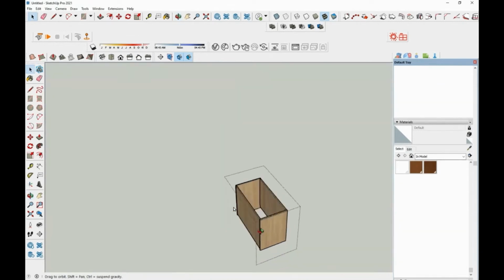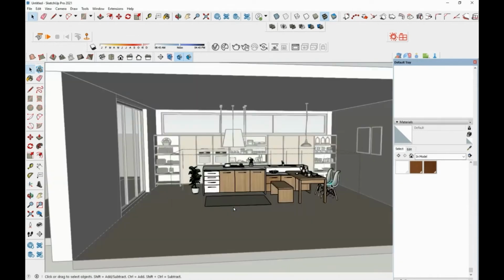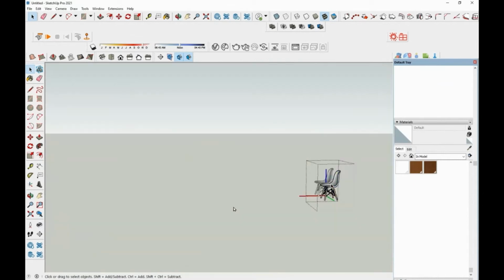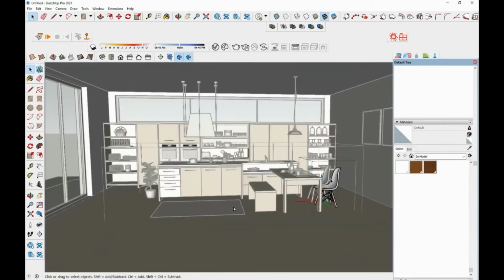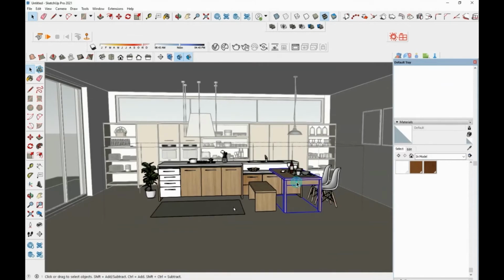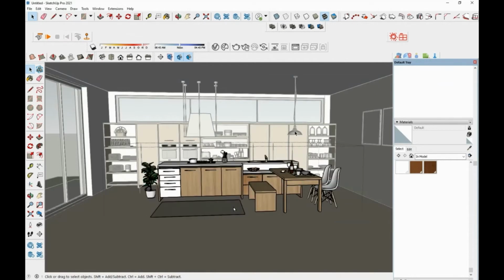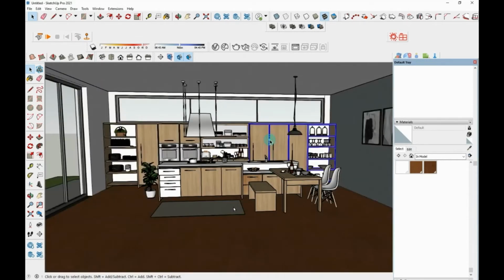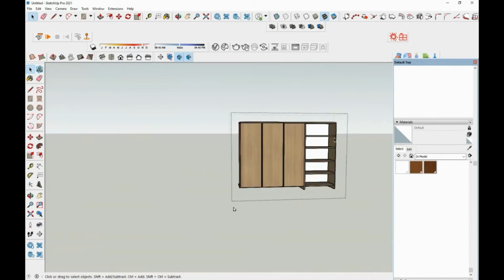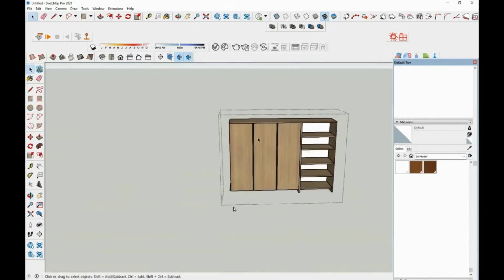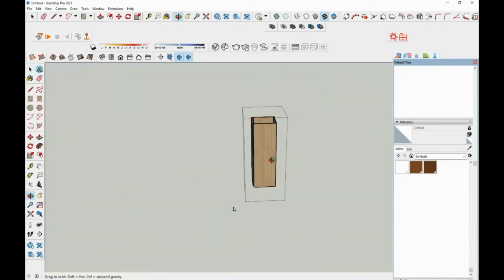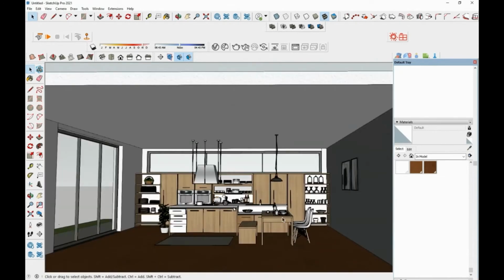And here also, when I'm entering each group, the rest of the things are getting hidden by pressing the U key. So you can work on any objects easily by using this one. If you're having a large model and you want to work on a single thing inside it, you can quickly do it by making use of this one.